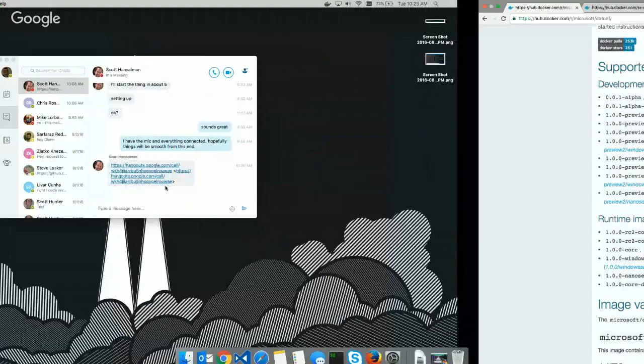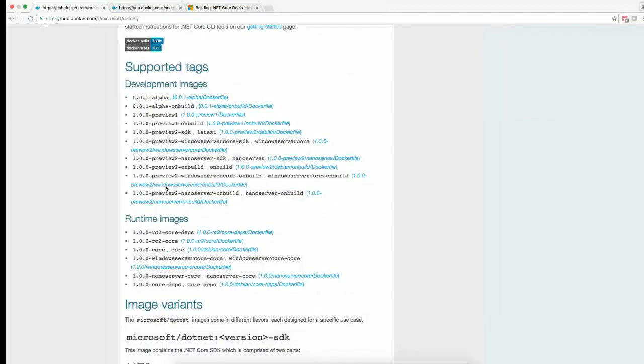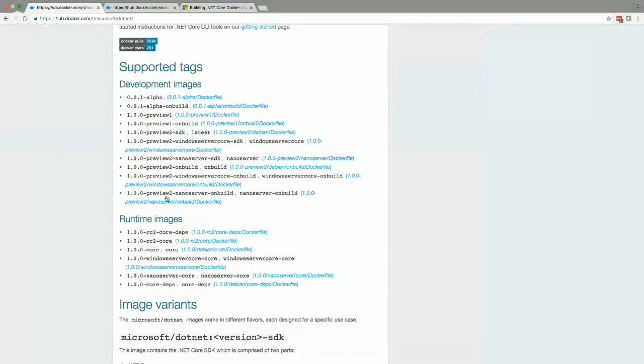If you want to build inside your container, then you need to use these development images. If you want to run an already built application, then you need to use these runtime images. The difference is that the development images are much bigger, hundreds of megabytes bigger. They have more stuff. They have wget, and git, and curl, and a whole bunch of other common dev libraries that people need to build applications. And they have the .NET SDK, which includes